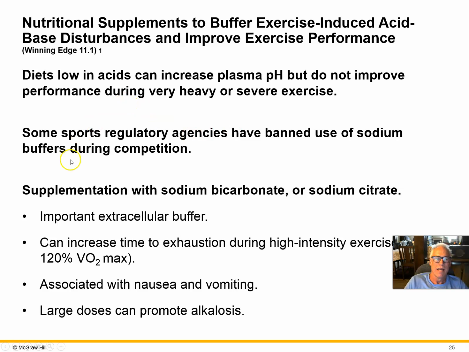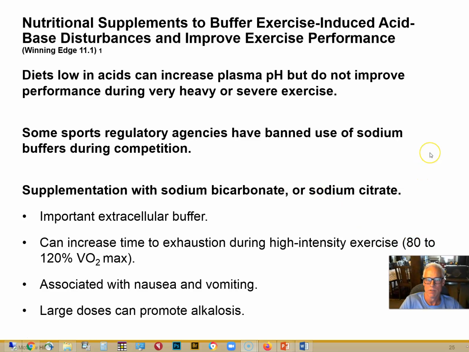What about supplementation? I already mentioned it in a previous slide. If we're producing lactic acid so fast that we start to acidify the plasma, even though we have some buffer in the plasma, and we start acidifying the muscle cells, even though we have some transporters and some buffer in there, wouldn't it be good to have more buffering capacity? Because that lactic acid, that acidification, causes fatigue. And yes, it's true that consuming sodium bicarbonate or other sodium buffers will improve high-intensity exercise performance and increase the time to exhaustion.